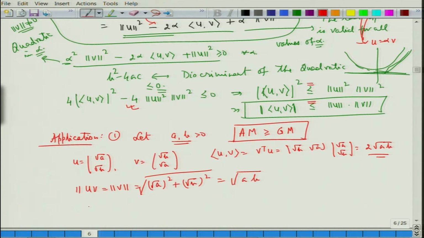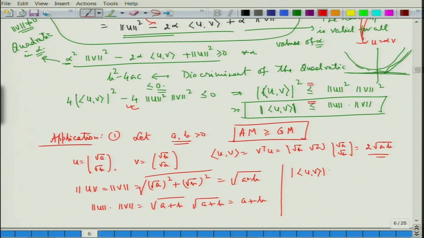So therefore when I look at norm of U into norm of V, I get the square root of A plus B, and so it is the square root of A plus B into the square root of A plus B, which is A plus B, alright. So therefore